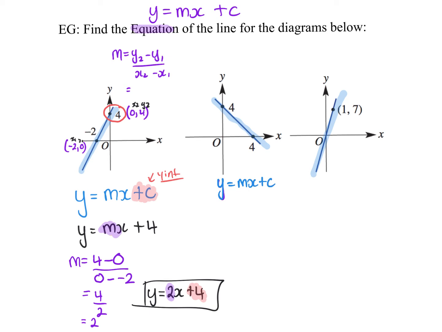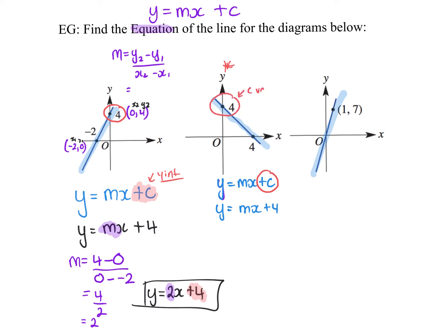What is the y-intercept here on this graph, guys? Who can tell me? Where does it cross the y line? Because that's going to tell me this value. What's the y-intercept? Anyone? 4. 4, thank you. So we're going to have y equals mx plus 4, because I can see that this is